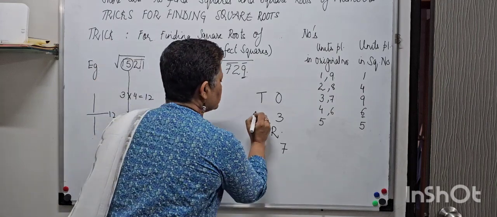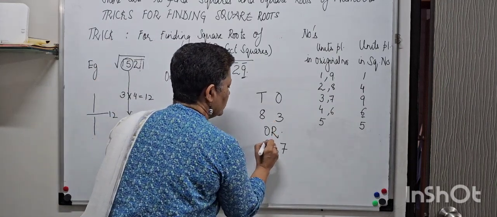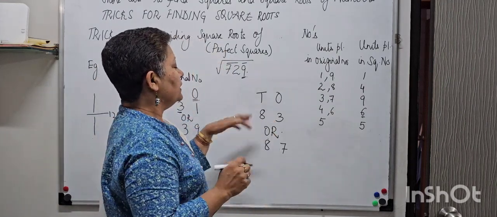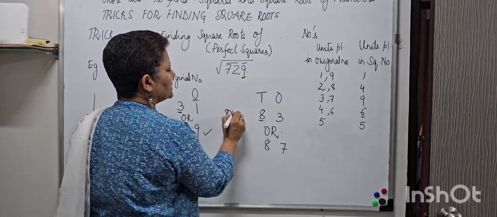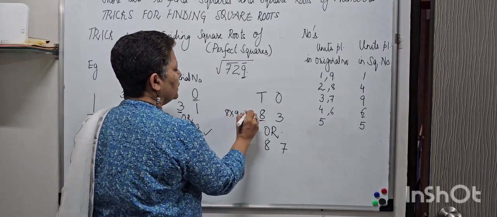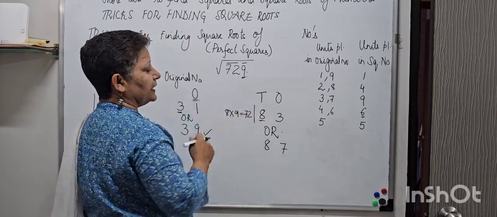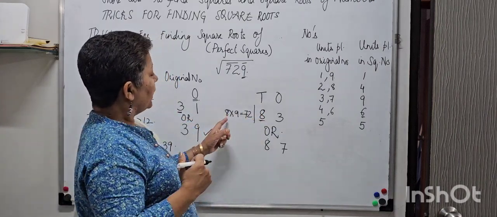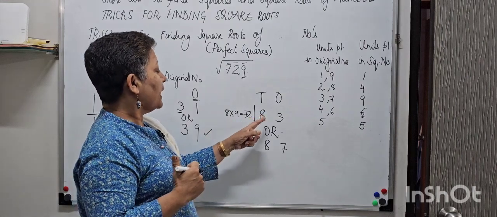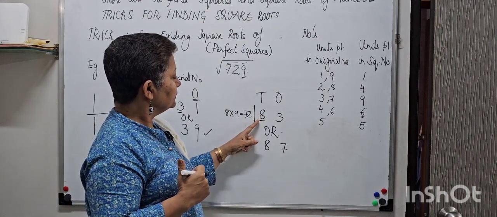So the number is going to be either 83 or 87. 8 into the next digit. Now my relevant digit was 8. So 8 into the next digit is 72. Now tell me, 72 is exactly the same as this. So I am going to be having it either as 83, sorry,